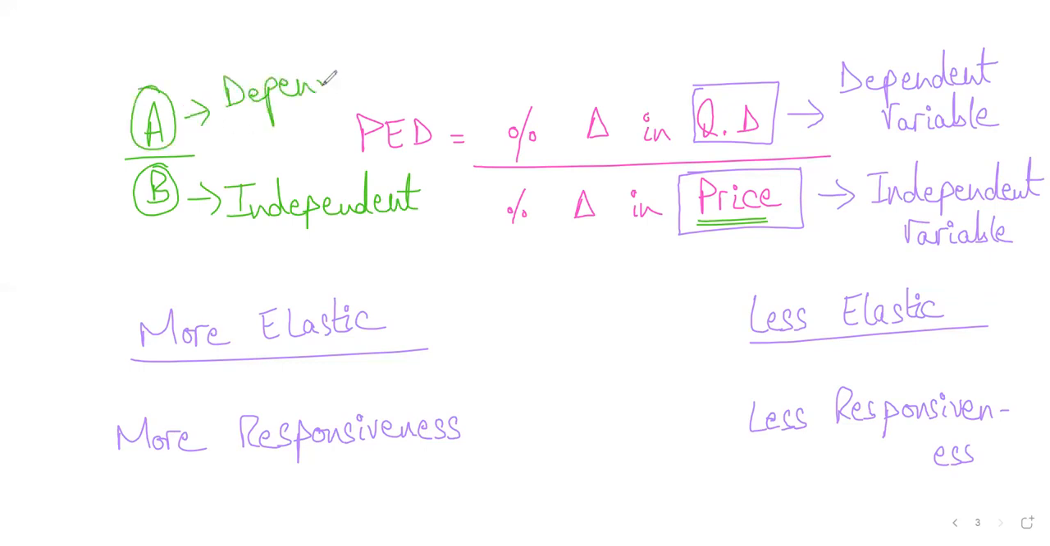Okay. Now let's first look at how we calculate PED. So let's say we have two columns over here. We have the price of the good, let me write down the full form. So we have the price of the good, and then corresponding to that price, we have quantity demanded. So let's take the example of, let's say,